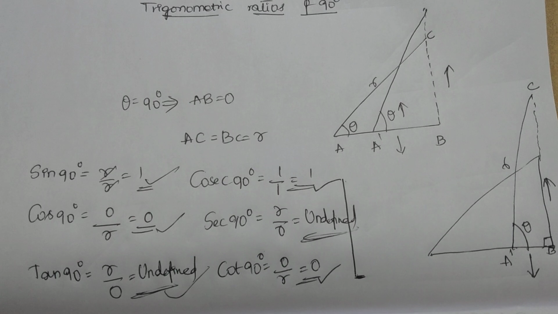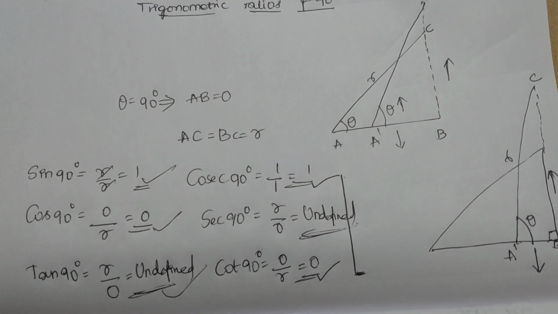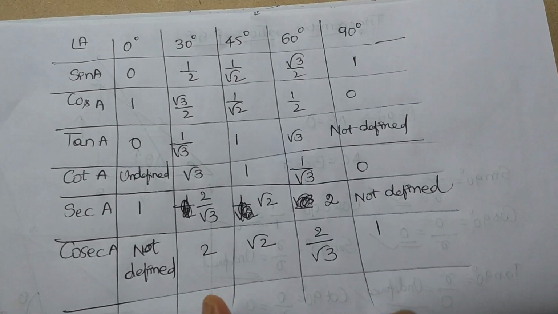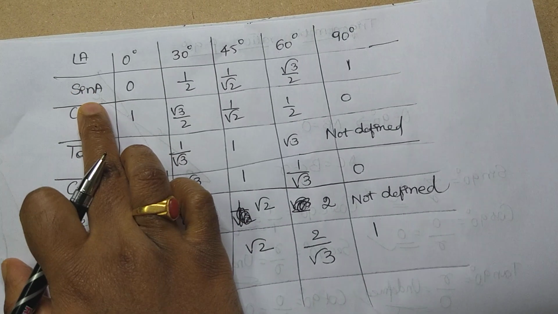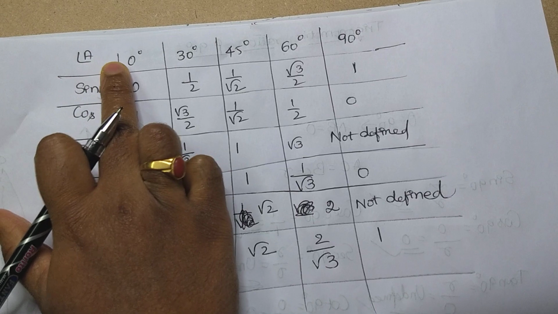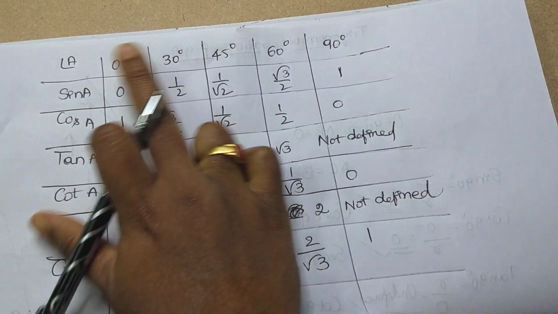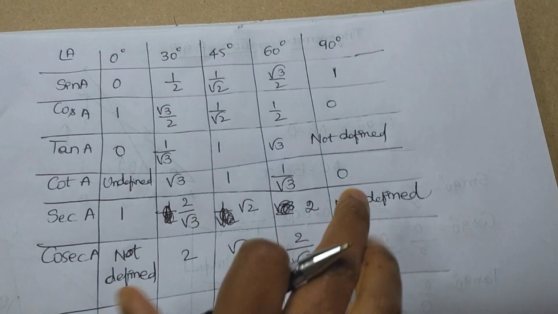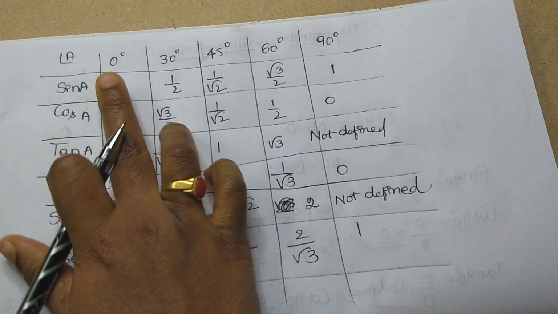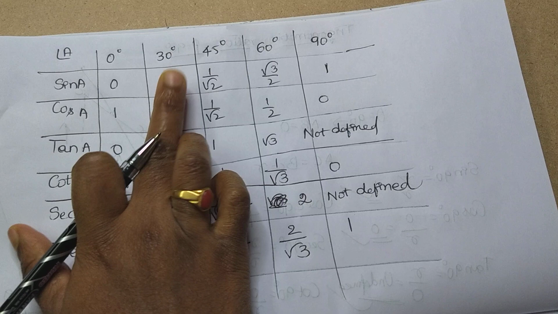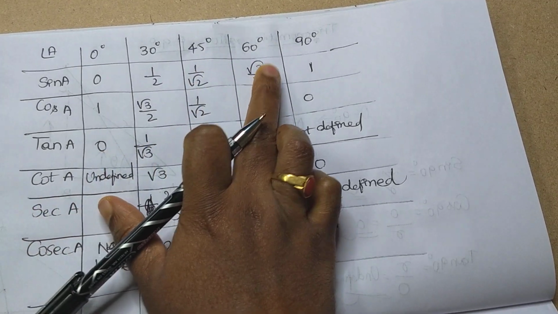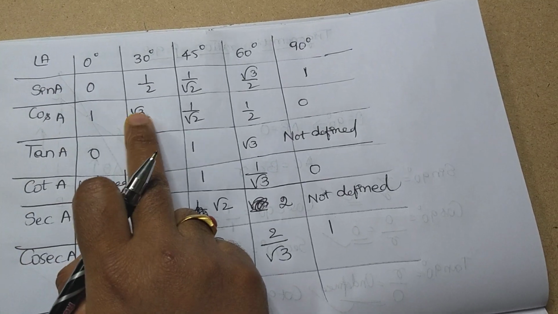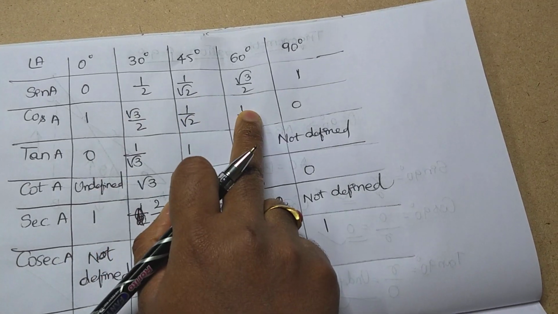Let us put it into a tabular form. See here, this is the tabular format which I have written all together in a table. You can just go and check. So for angle A, we have solved all of these: 0, 30, 45, 60, 90. I have just put it in a tabular format. Sine A values are 0, 1 by 2, 1 by root 2, root 3 by 2, 1. Cos A values we got as 1, root 3 by 2, 1 by root 2, 1 by 2, 0.